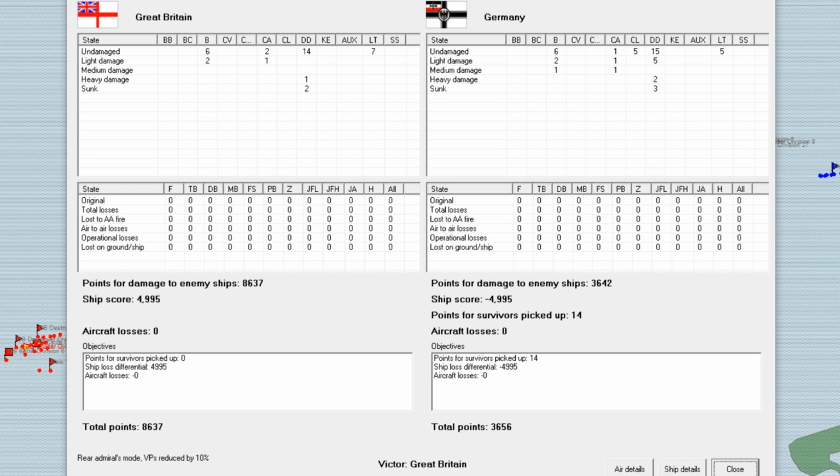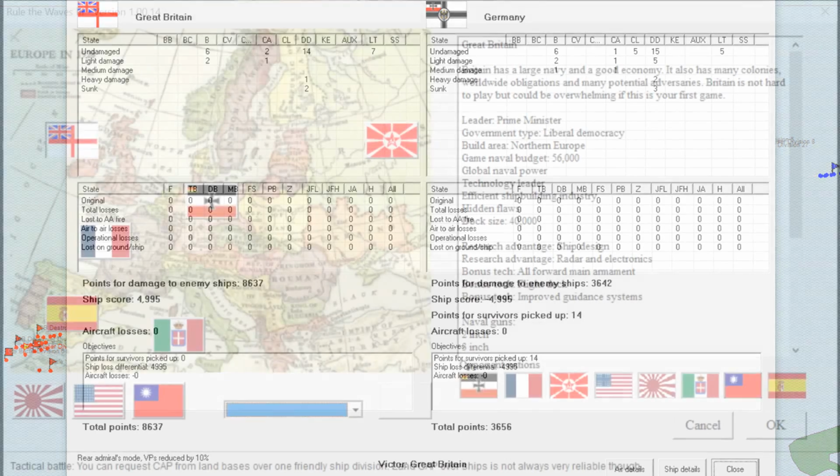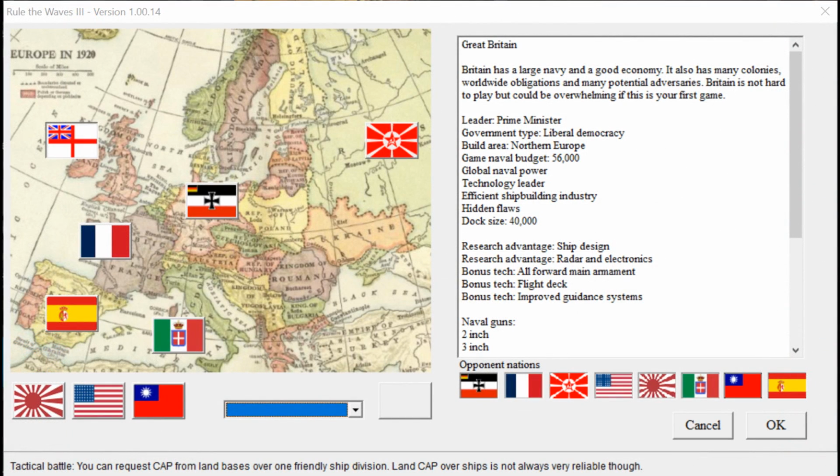So it wasn't the world's most decisive clash, but considering that I was actually outnumbered in this particular scenario, I ended up taking 1 more of the enemy's destroyers down than they took down of mine, and they had more damage overall, which resulted in, as you can see, I got many more points for inflicting damage on the enemy vessels, so it was overall a pretty good victory for myself. So I saved that game, I'll come back to it later. There are a few other minor battles and so forth in the ongoing war with Germany, but let's skip forward